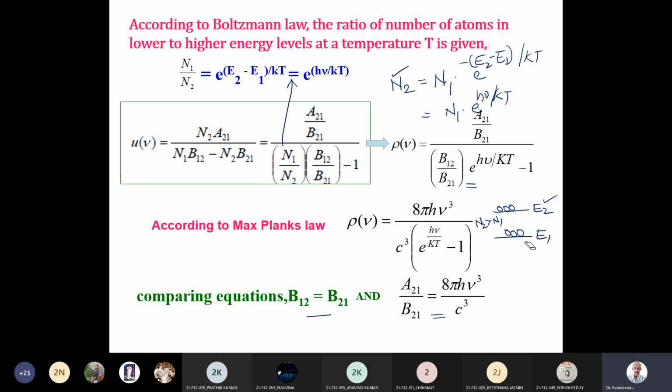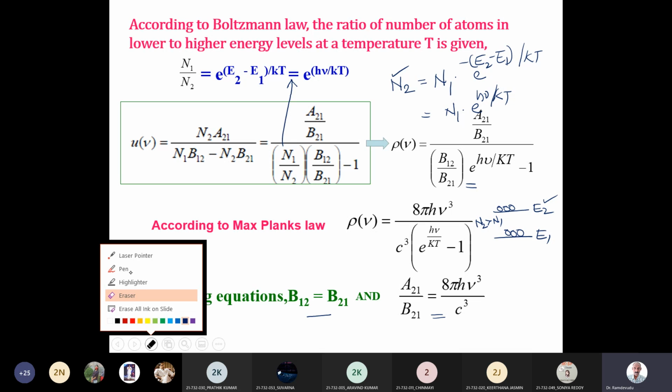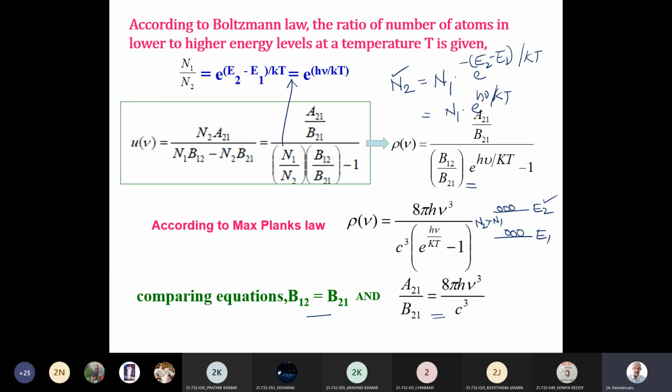Thereby, two energy level systems never will give you a lasing action or a stimulated emission. Therefore, two-level atomic energy level systems cannot produce laser. That is what we can get from here. That is the most important aspect you have to learn. So, but